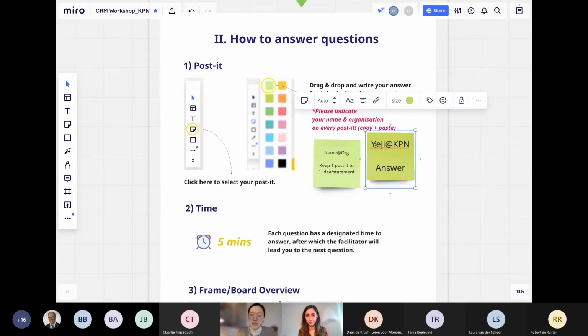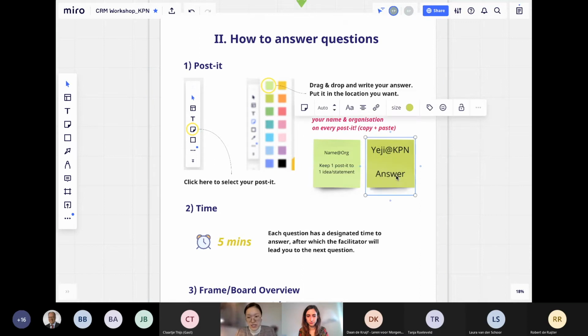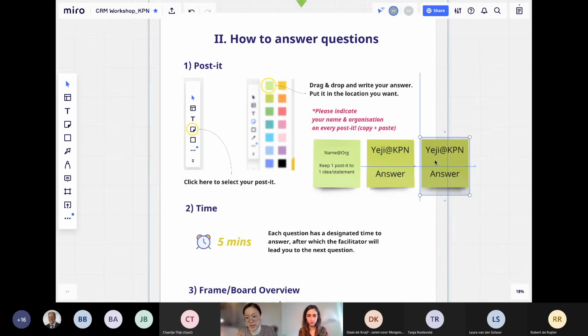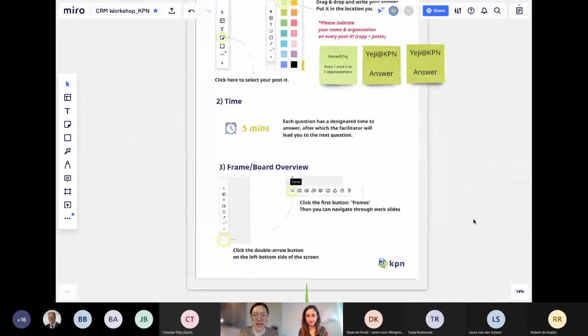So please make sure to leave your name and organization, and please leave one answer per sticky note. It's also easier for you if you copy and paste this sticky note, so you don't need to write your name and organization all the time. And there is a designated time for each question, and I'll guide you to the next question once the time